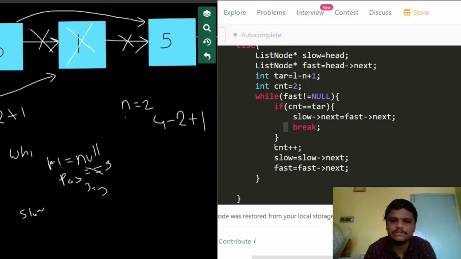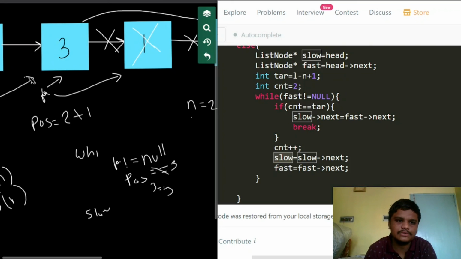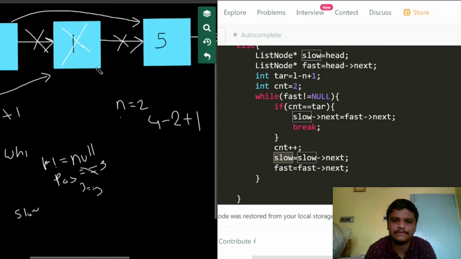If this condition is not satisfied, then we increment the count, and we update slow as slow dot next, so slow points to its next element, and fast is also going to point to its next element.